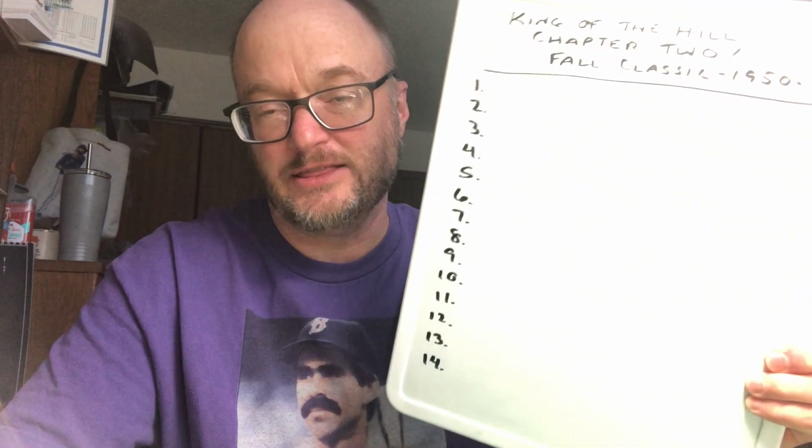So, we are going to be using Fall Classic Baseball Cards and Dice simulation for this King of the Hill tournament. I'm calling it King of the Hill Chapter 2. And I have selected 14 teams from between the years 1950 and 1980 inclusive. And they are going to be randomly drawn and placed on the whiteboard. This will create the sequence of teams. You don't know who these teams are yet, but you'll find out when I draw them,